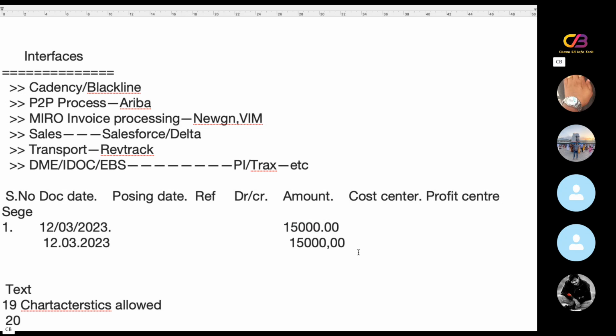Then again they will connect back to the SAP consultant. Then the SAP consultant will tell you this is not our issue, the problem is in NewGen, so you can connect to the NewGen team because the problem is not there in SAP. Then the user will struggle. He will write an email to both. So three members, the NewGen team member, the SAP consultant and the user, will participate for testing